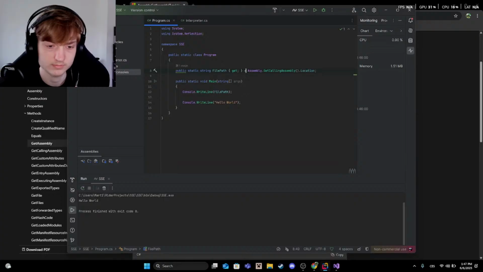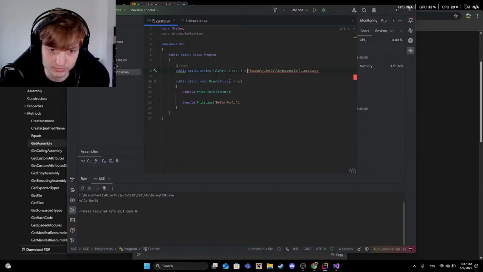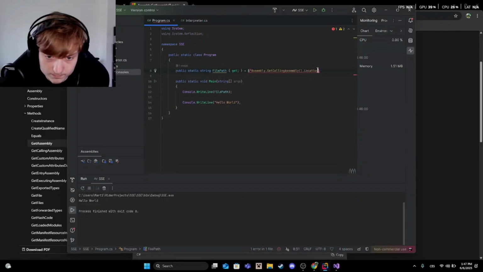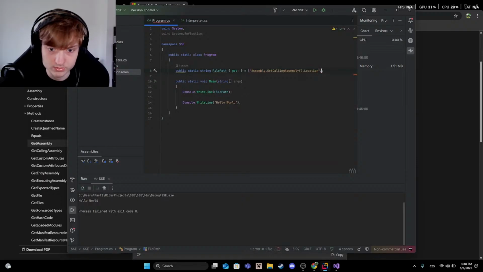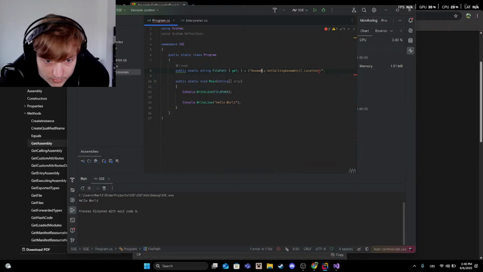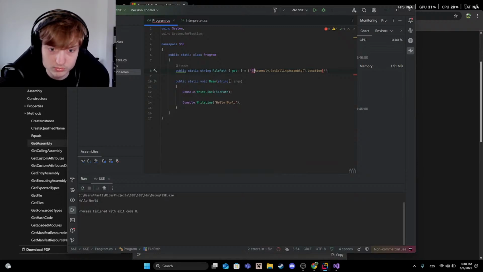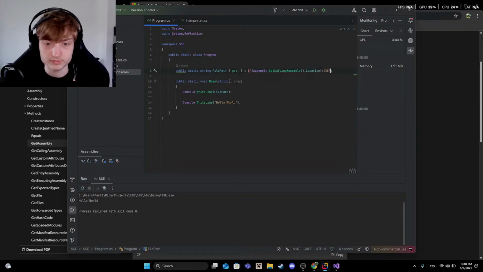Well, anyway, I think that it can be actually made through this, where I'll just do assembly get calling assembly location, and the name of the folder could be SSE. And